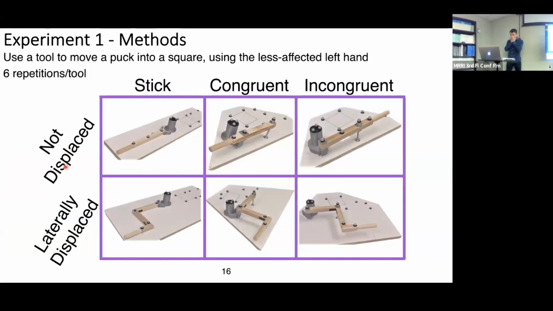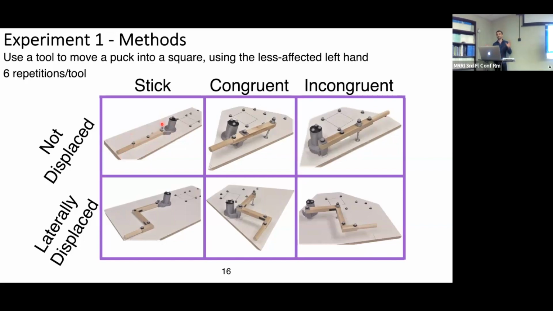So I'm not showing those two directly without any instruction. We have a practice where they're not using tools. We just ask them to move the puck with their hand into the square. Then we have what I call the very simple stick, which is very close to this one. I just remove the body of the tool, the handle, and the tip. They do some trials with that, and then we start the main experiment,